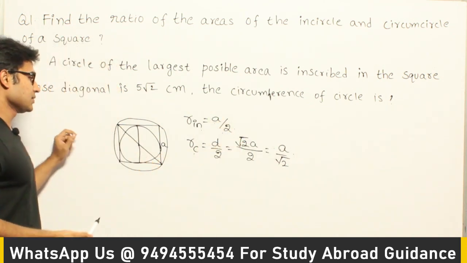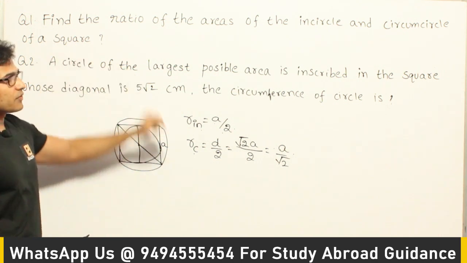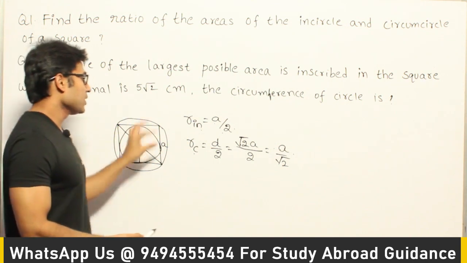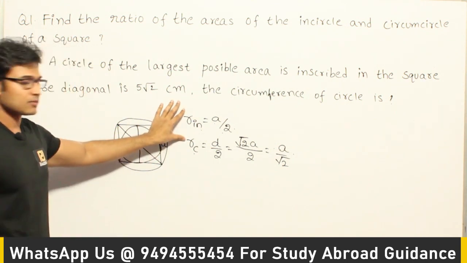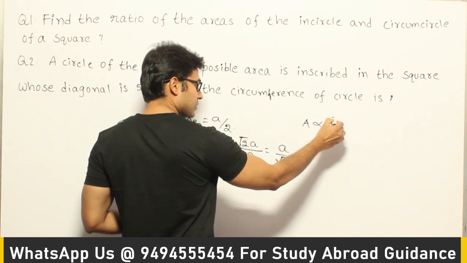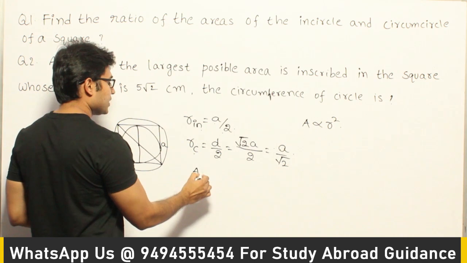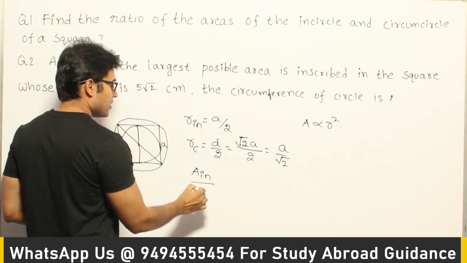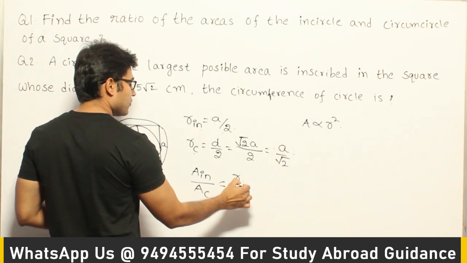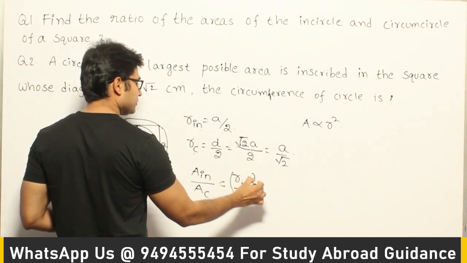Why am I doing like this is, they are asking the ratio of the areas, right? Find the ratio of the areas. And now we know that since these are two circles, area is directly proportional to radius square, right? So area of incircle divided by area of circumcircle equal to radius of incircle divided by radius of circumcircle whole square,